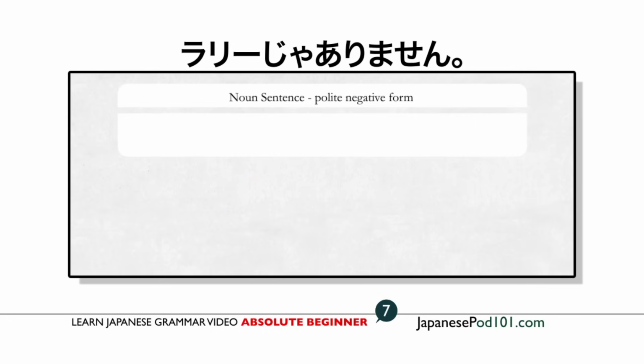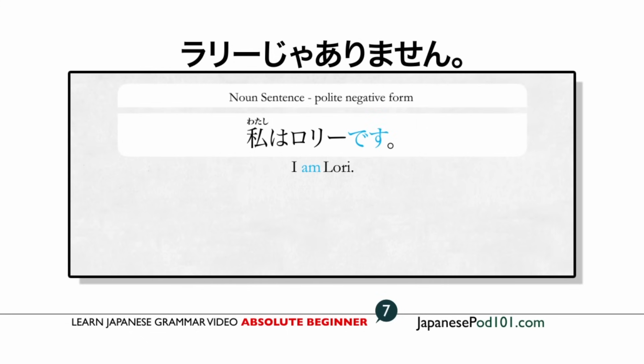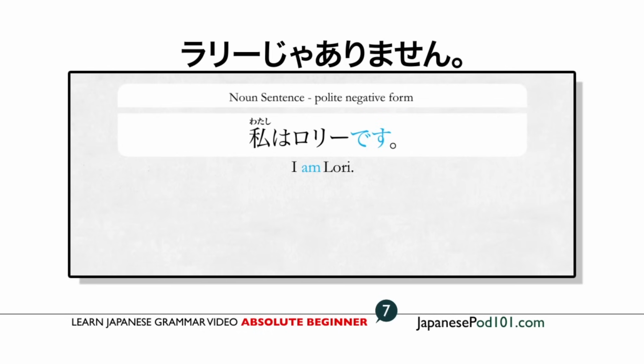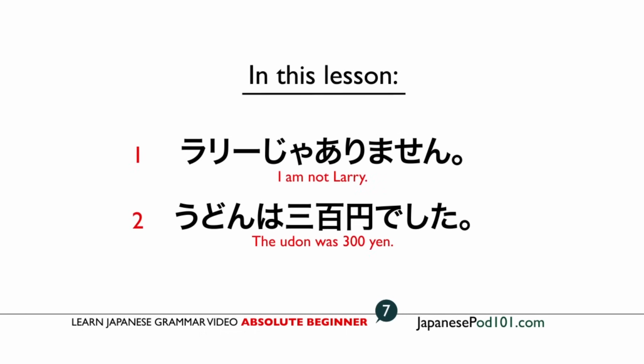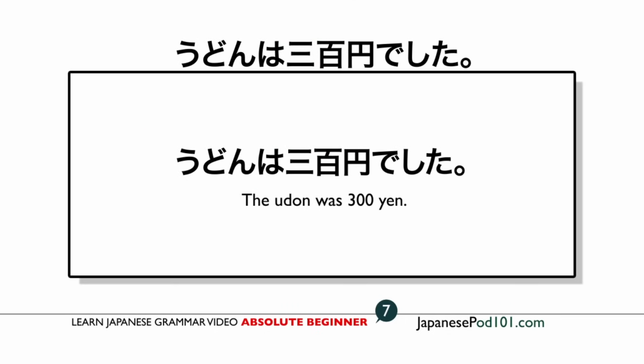Okay, Naomi-sensei, so let's be a little negative here. はい。 Translate all my sentences into negative. 私はロリーです。 私はロリーではありません。 私はロリーです。 私はロリーじゃありません。 私はロリーです。 私はロリーじゃないです。 And those are three ways of saying I'm not Rory, in the same level of politeness. ラリーじゃありません。 うどんは300円でした。